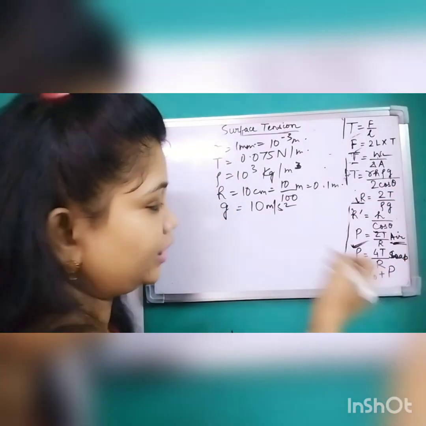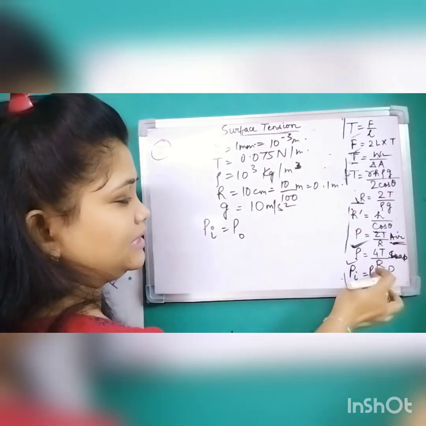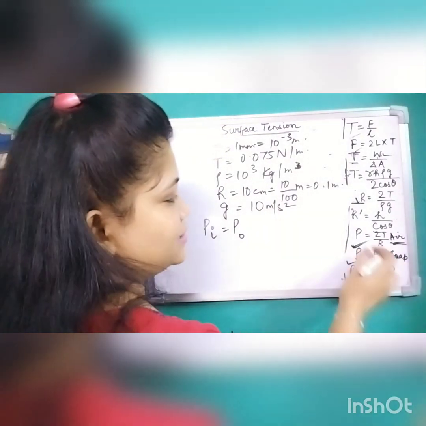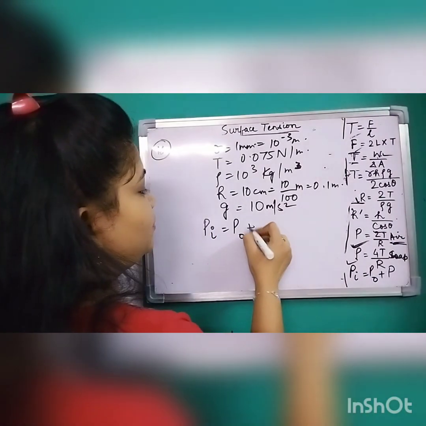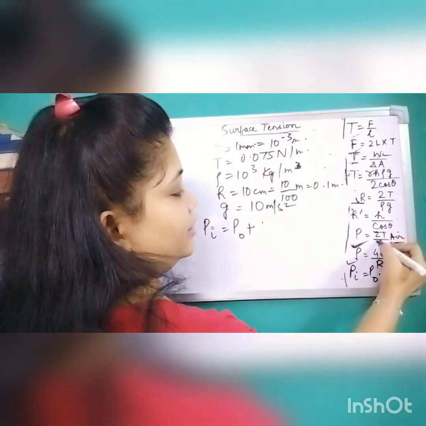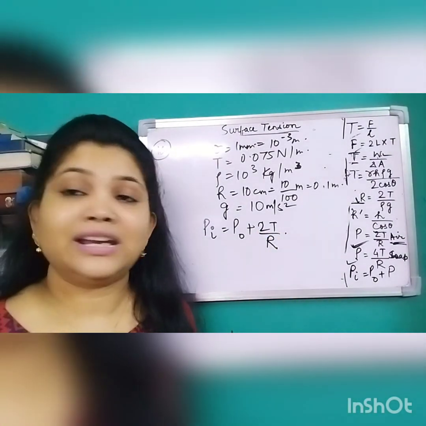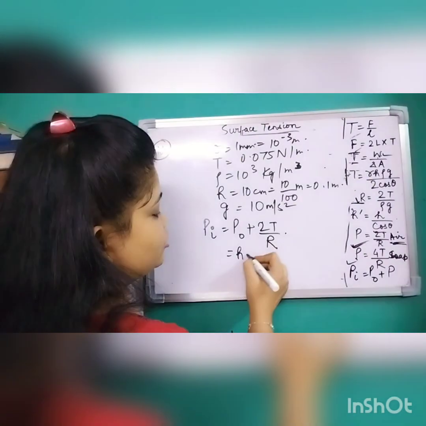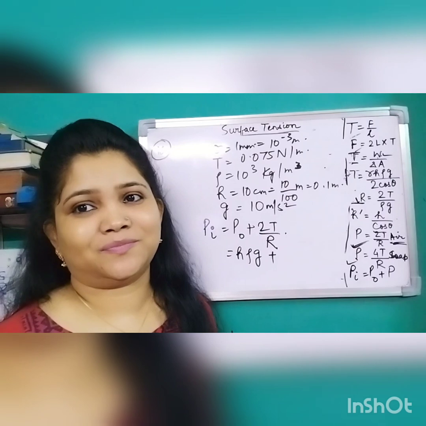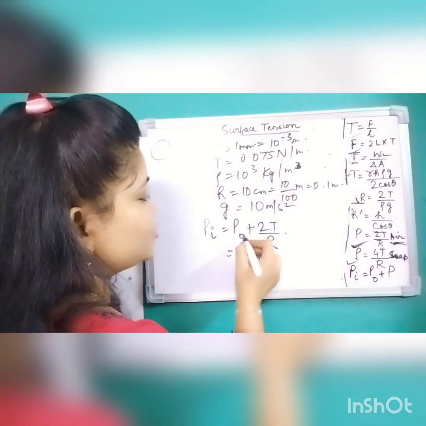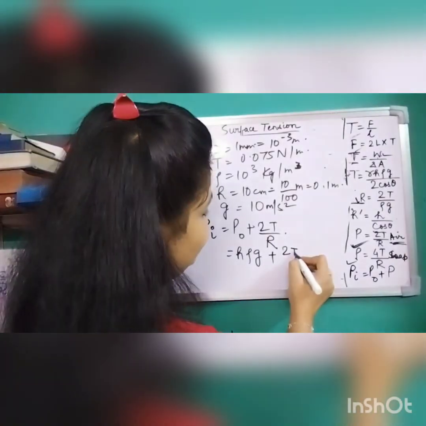2T by R. So our formula is Pi is equal to P0 plus the excess pressure. P0 plus, for an air bubble, it is 2T by R. Now what is P0? It is nothing but H rho g, the pressure of the water. So P0, the outside pressure, is nothing but the pressure of the water, H rho g, plus 2T by